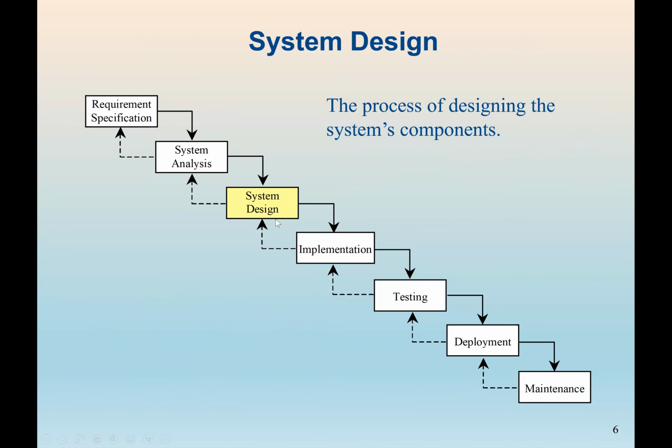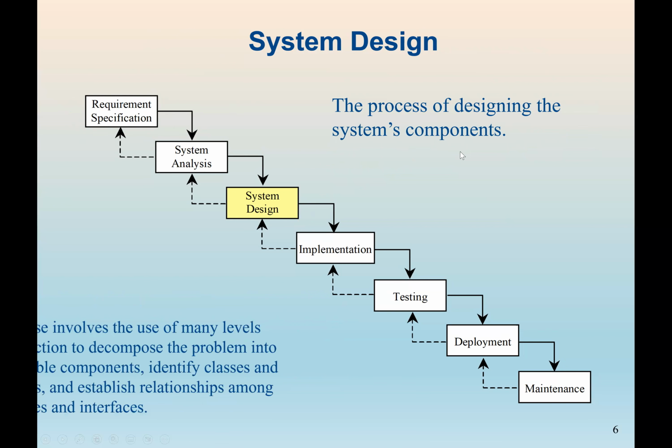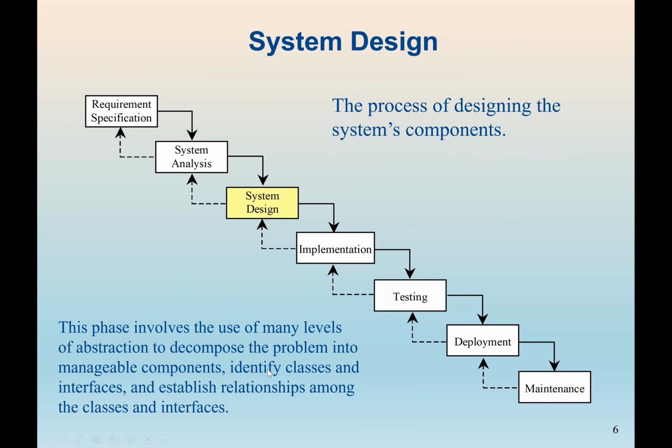So the design phase is where we are designing the system components, converting the inputs to output. This phase involves the use of many levels of abstraction to decompose the problem into manageable components. We need to identify the classes, the interfaces, the relationships between the classes, etc. Here we can use the Unified Modeling Language, the UML diagram, which consists of around 14 diagrams to,